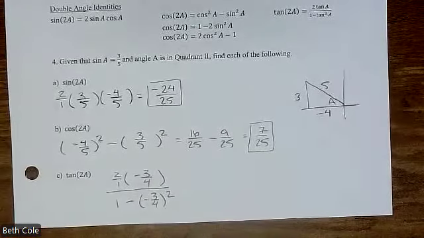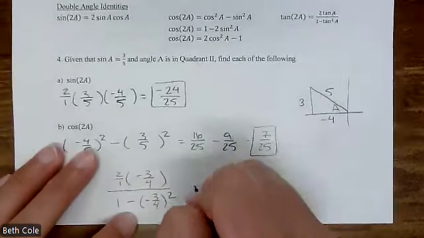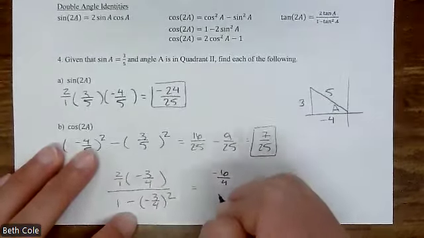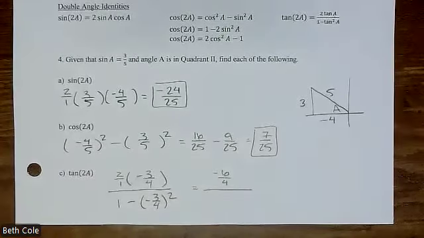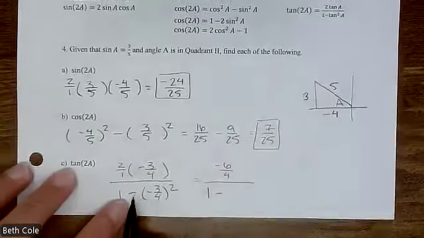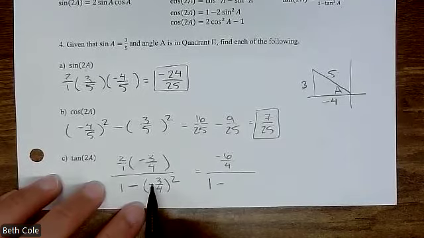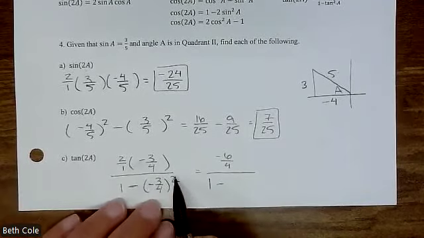And they were the same. They both said tangent, so I just went ahead and wrote it in for both. And then you just got to sort that out, which is honestly the harder part. So multiplying these together, this would be -6/4. And then on the bottom, you would have 1 minus, that's for this minus right here. But when you square this negative, it's going to be positive. So this would be